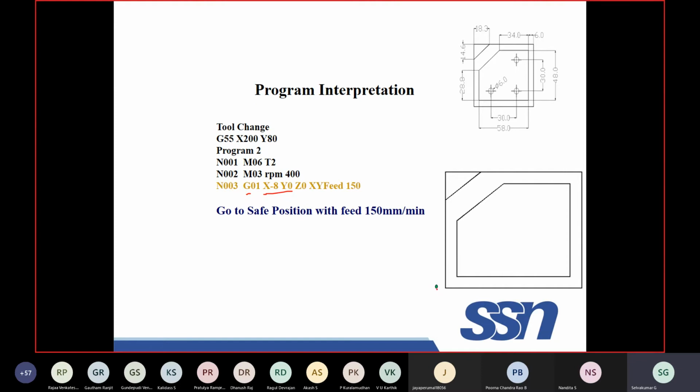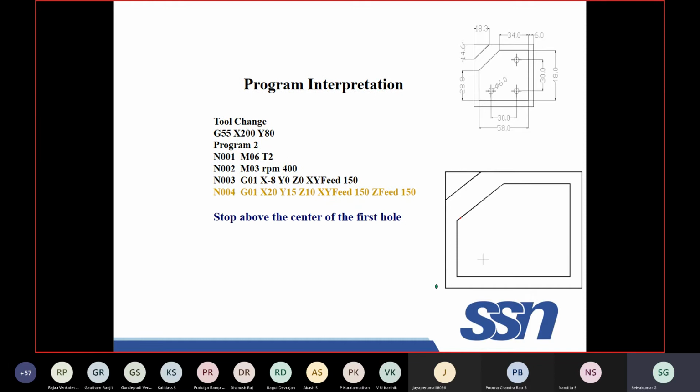My tool is at this location. It is just above the surface of the workpiece. Next, I am moving my tool, linear interpolation, X value and Y value is known. X value, Y value is read from the figure. If you look at this X value, it is found from the given diagram.